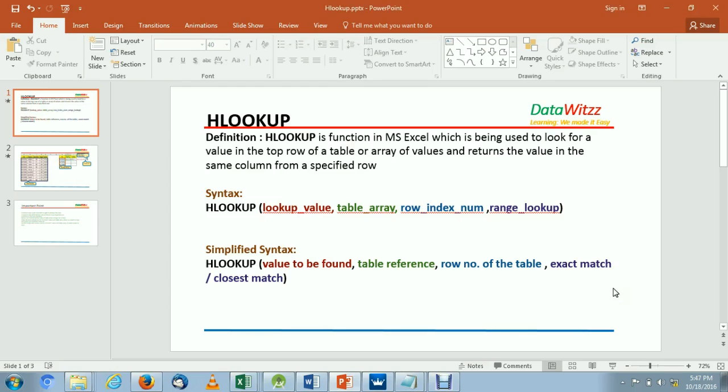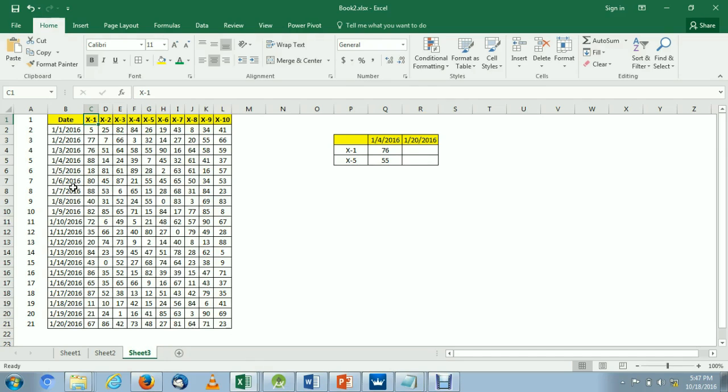So let us do a practical example in an Excel sheet. We have some data. If we can see, there is a row. This is a table array. This table contains date-wise data of some students x1, x2, x3 to x10, and these are the marks on a daily basis for some test.